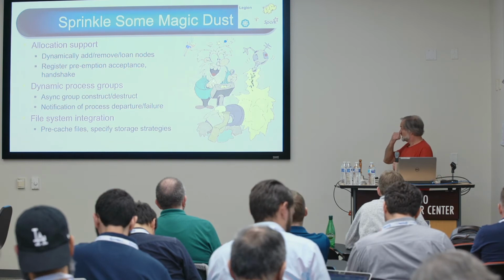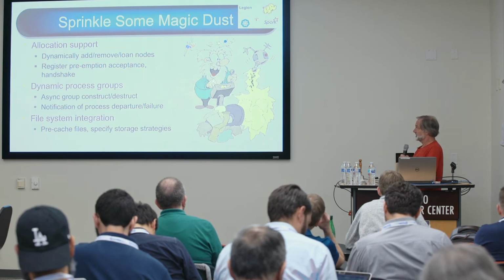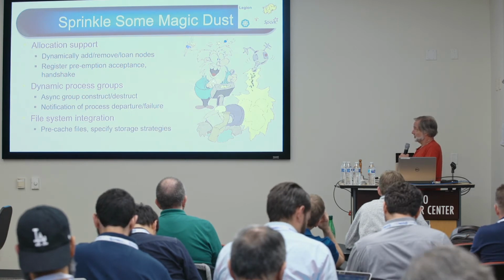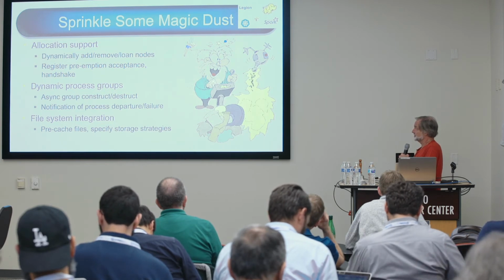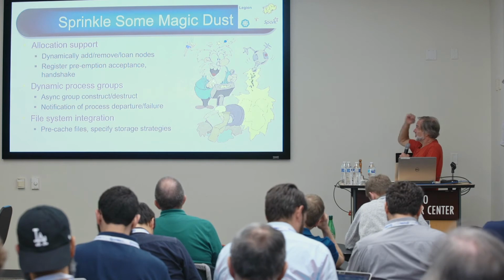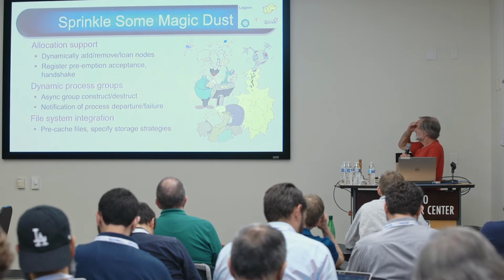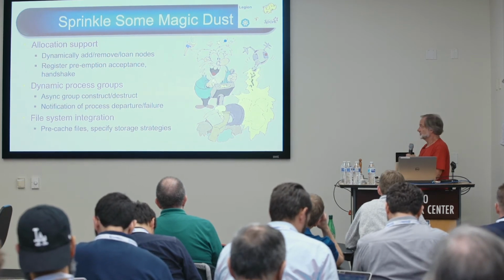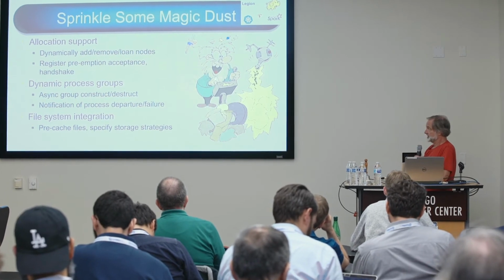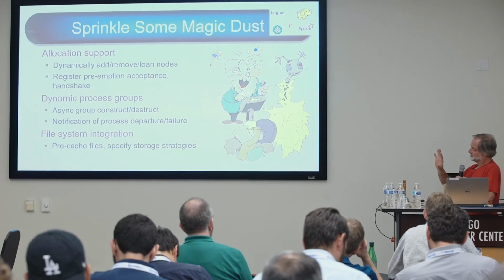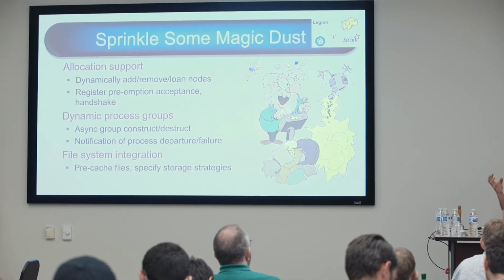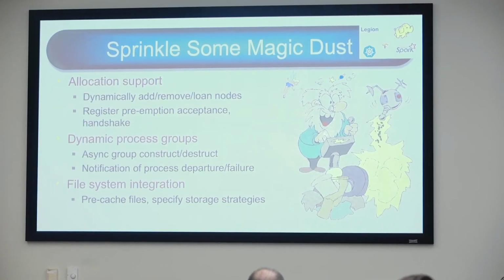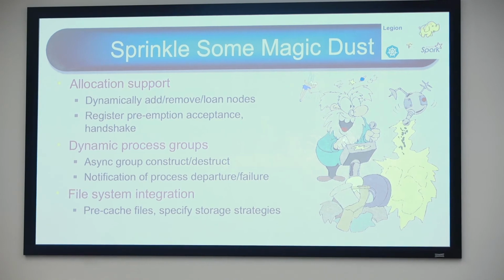So then we said, okay, that covered those two blocks, but now what else is left? Well, what's left, of course, is dealing with these new programming models and containers and stuff. And so we looked first at the programming models problem, and we said, if you look at those, the reason there's a mismatch with HPC is because they tend to be dynamic in the way that they start their processes, and they tend to be dynamic in the way they want to define or aggregate processes into groups that then do something together. So we added the ability to flexibly change the allocation.